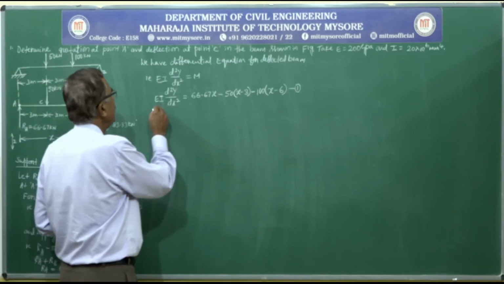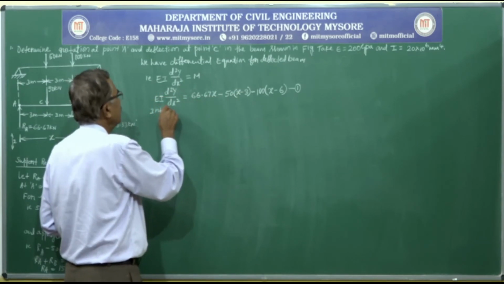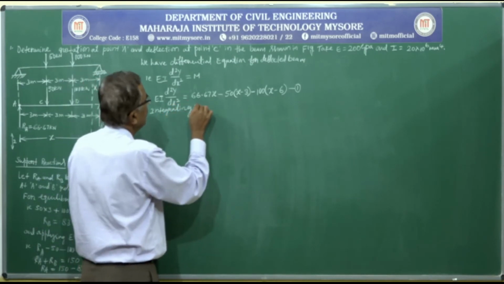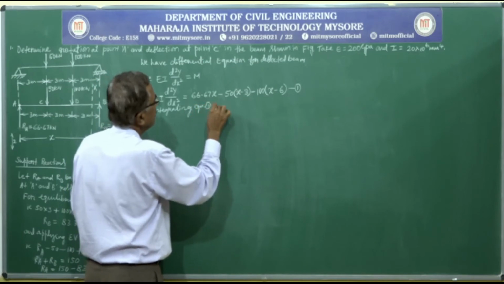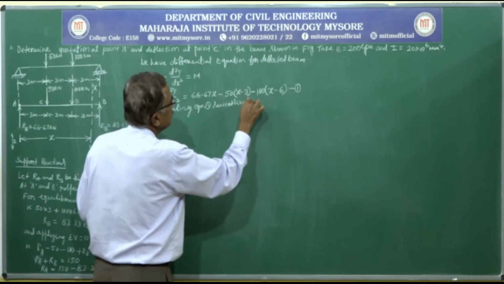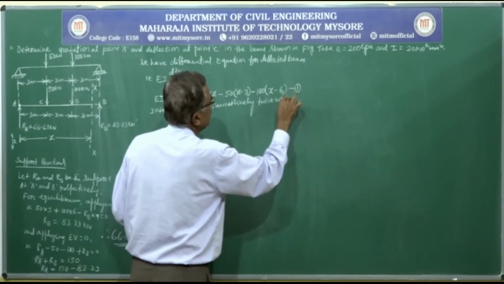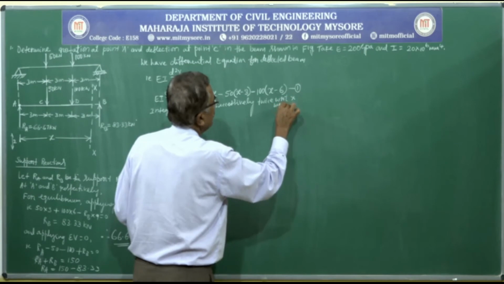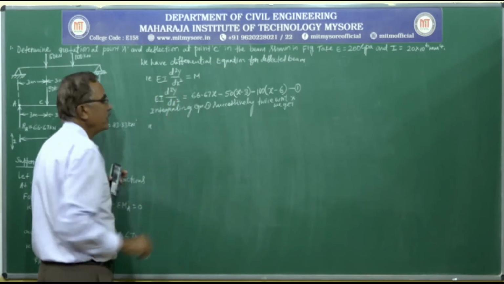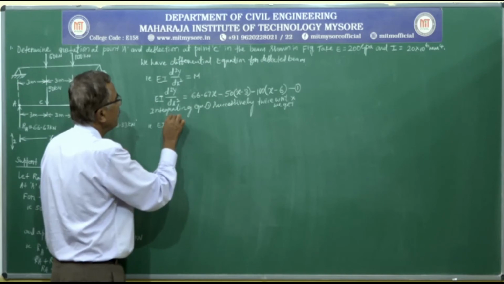Next, integrating equation 1 successively twice with respect to x, we get the integration of EI d square y by dx square is equal to EI dy by dx,